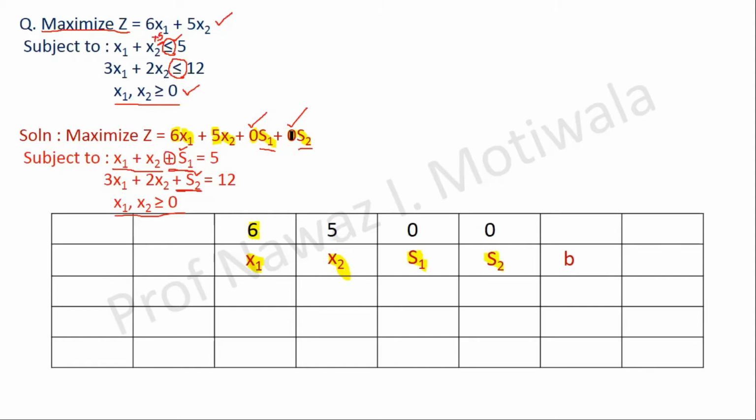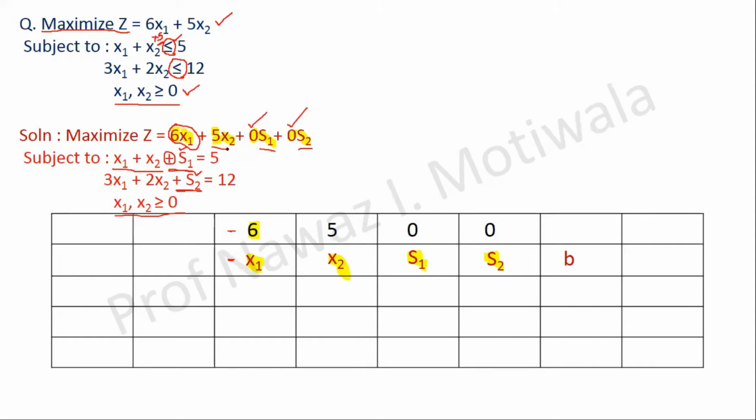ठीक है, अब सिंपल तरीका देखो. पहला क्या था, 6x1. Our first term was 6x1. Just write 6 here, x1 here in a vertical line. जो चीज यहाँ पर हॉरिजॉन्टल में लिखी है आप यहाँ पर वर्टिकल में लिखो. Simple thing to remember: whatever thing is written here in horizontal manner, you write here in the vertical manner. That's it. So here 6x1 is written in the horizontal manner, you write in the vertical side.